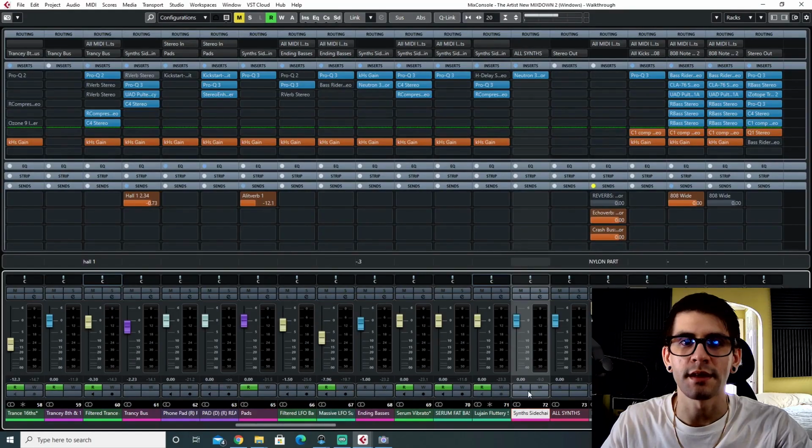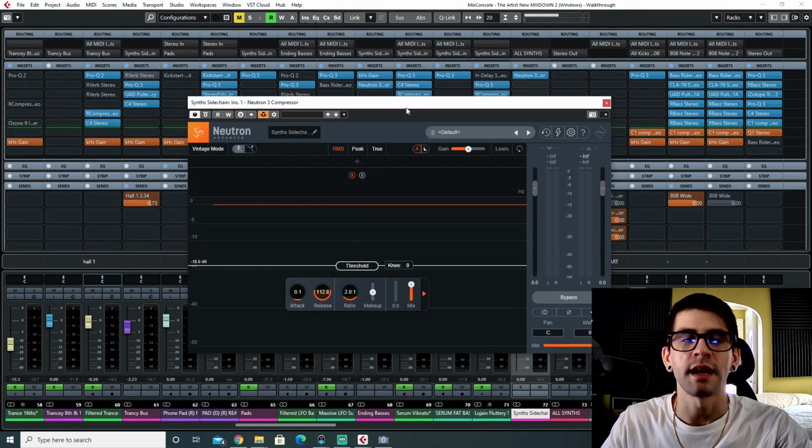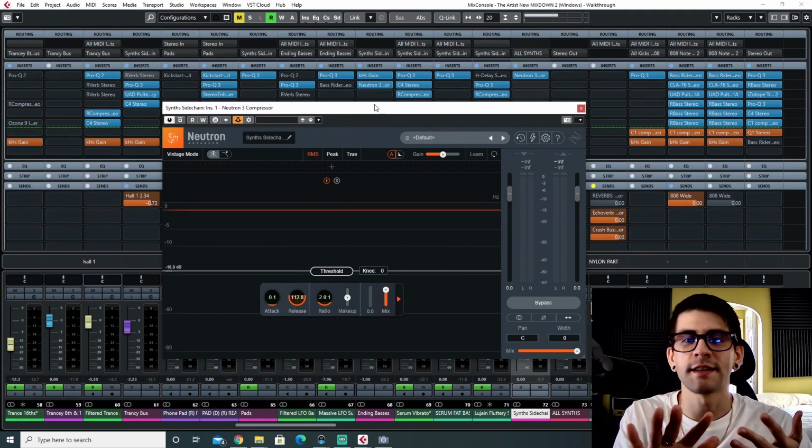Obviously this arrangement is really dense and there's a lot happening, but the kick still has to poke through. So one thing I do is have a lot of stuff, including some of the basses, going to a synth sidechain. It's a compressor that's getting fed the kick drum, and the kick drum is causing everything I'm sending to this bus to get ducked down. So if you watch it,